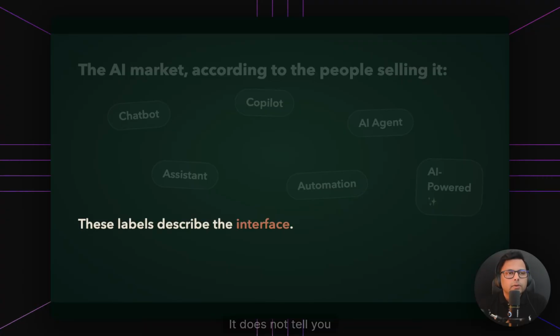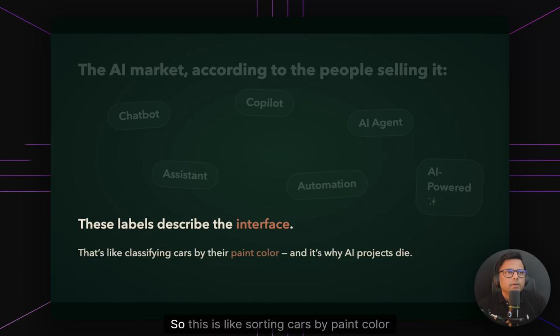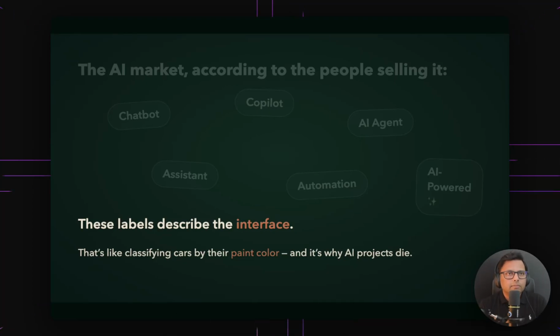It does not tell you how this product will help your business and what specific use case it will help you with. So this is like sorting cars by paint color,